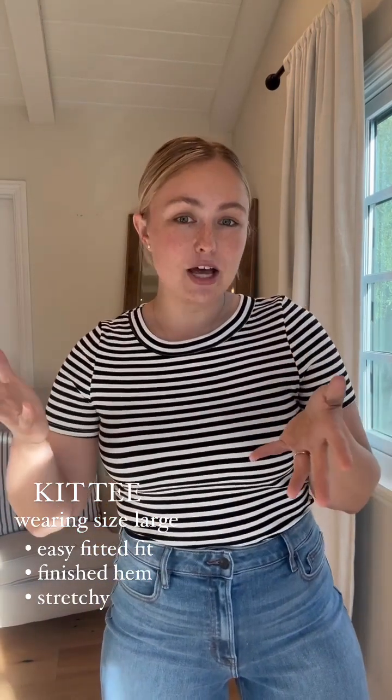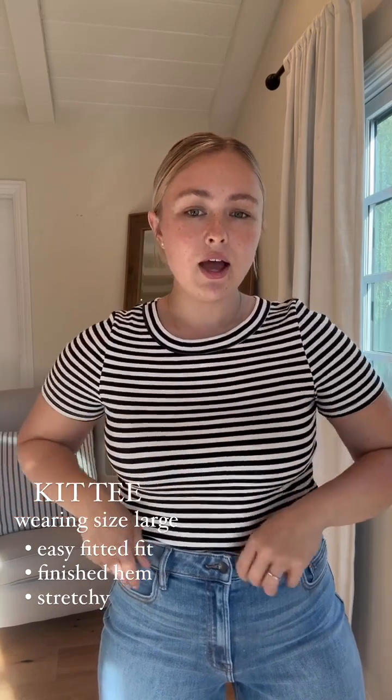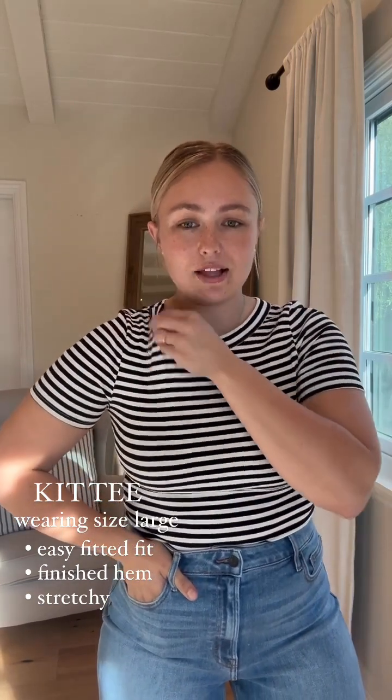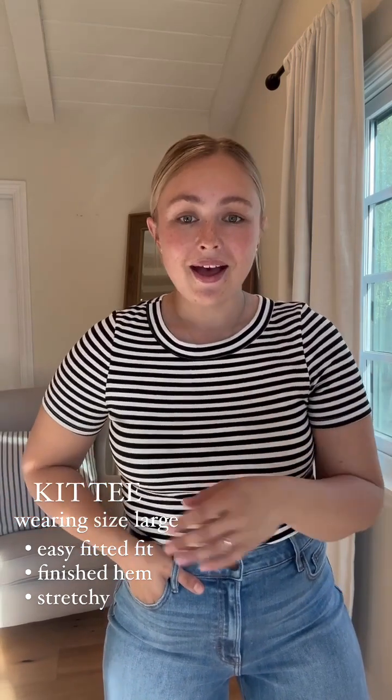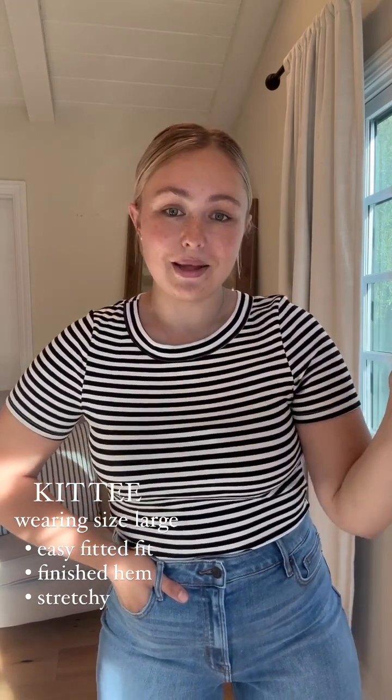This is a size XL. We actually didn't have a large sample here, but I do like the fit of the XL. It's super comfy and just a nice, easy fit to it, but I wouldn't recommend sizing up. I would just recommend sticking with your...